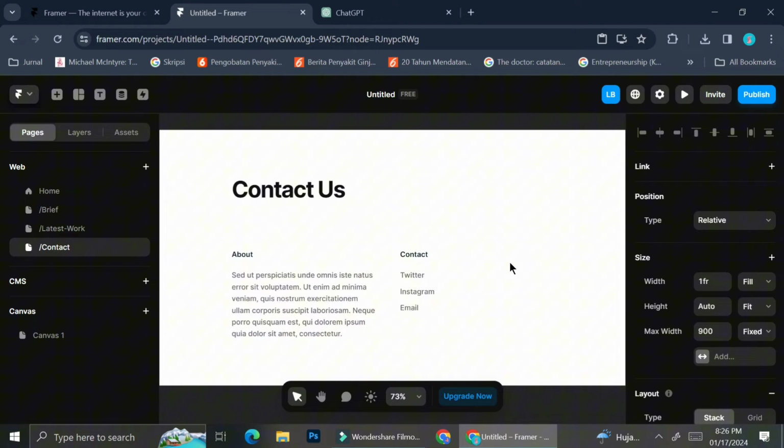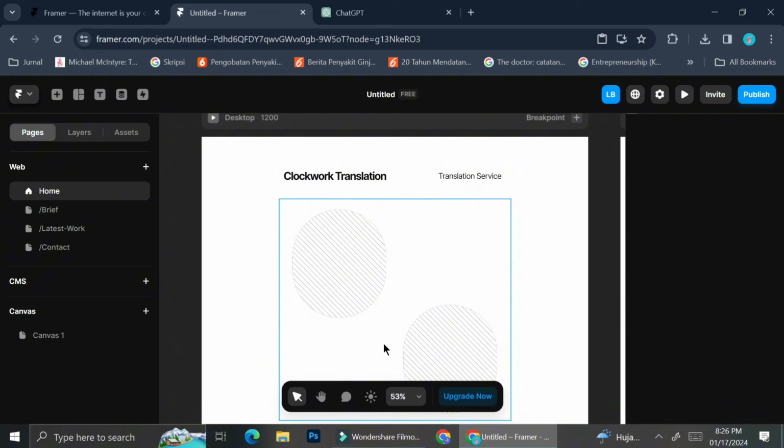Yes, I didn't change some of the wordings, but it's fine because I'm just going to give you a general idea of how Framer.com works. Now let's start with the first page. So in this page right here, you can see that I have this